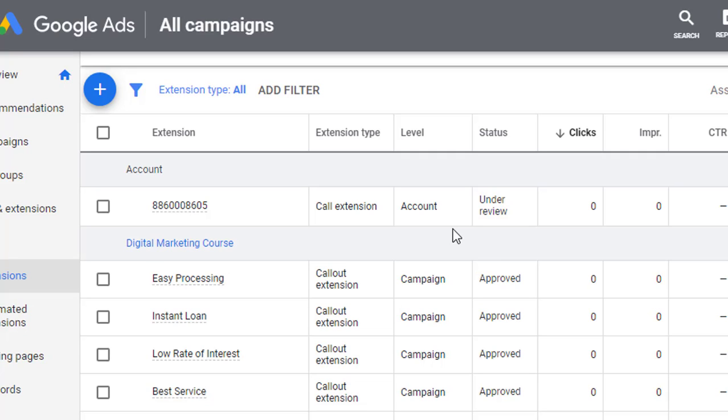Similarly, the ad group level extension will supersede the campaign level extension. If the campaign does not have an extension set, and the ad group does not have an extension set, then it will acquire it from the account. Otherwise, the campaign level extension will supersede the account level extension, and the ad group level extension will supersede the campaign level extension. So this is how it goes.